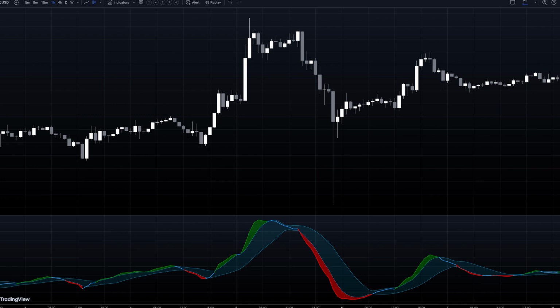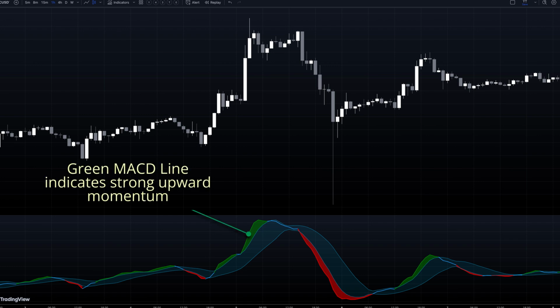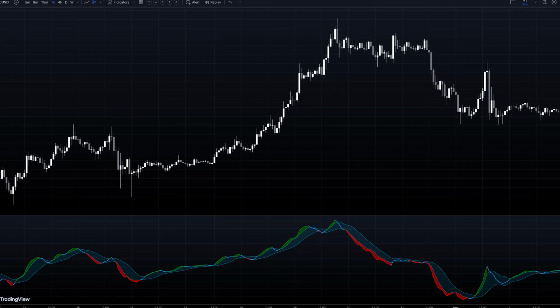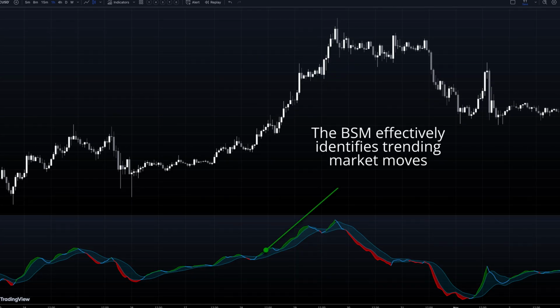The visual signals are clear. When MACD breaks above the upper band, it turns green, showing strong upward momentum. When it breaks below the lower band, it turns red, indicating downward momentum. Blue coloring shows normal conditions between the bands. This differs from traditional indicators as it focuses on extreme momentum moves rather than simple crossovers, and shows momentum volatility